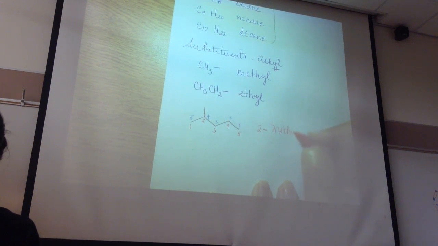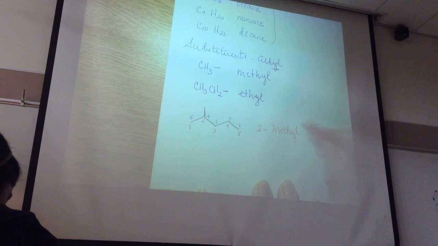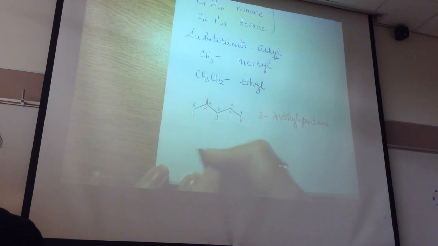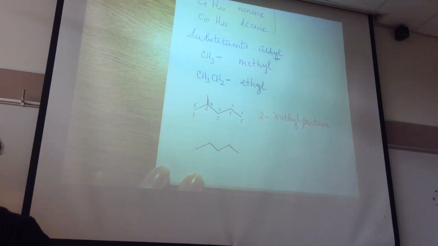So we will go ahead and say that this compound is going to be called 2-methyl, because the substituent was a methyl, and then you name it as the parent. The parent, of course, is pentane, which was the 5 carbons that you immediately started out with, okay? That's if you only have one substituent. If you have more than one substituent, like in this one, and you put that guy here and that guy there,